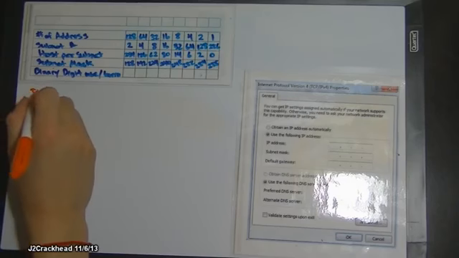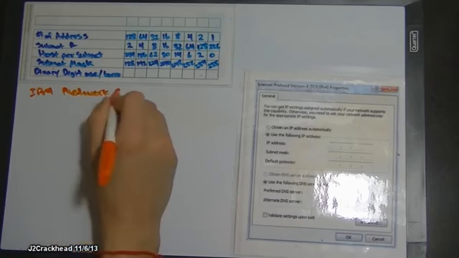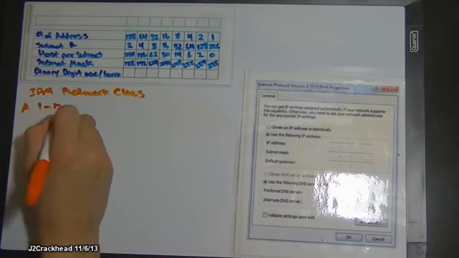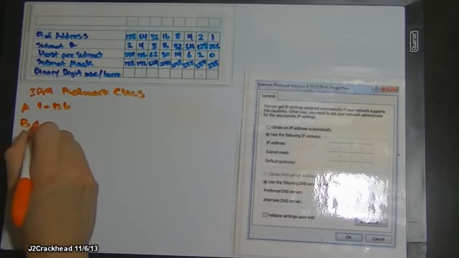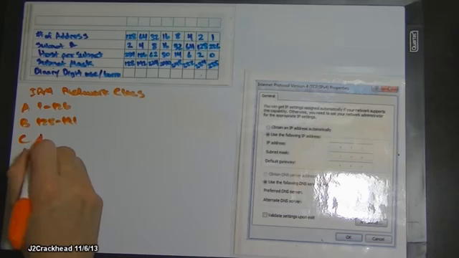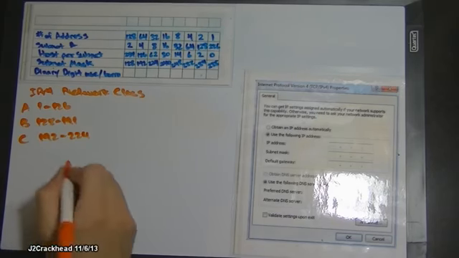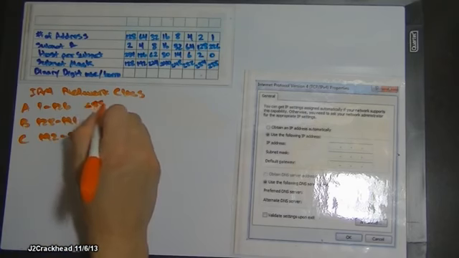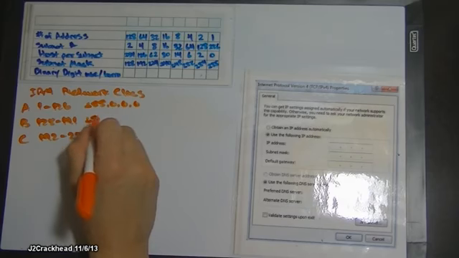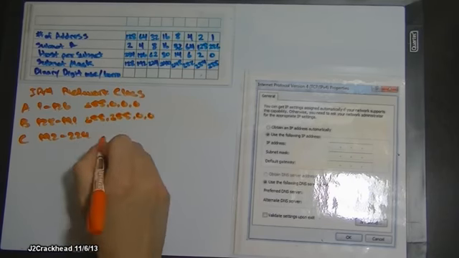Okay, so Internet Protocol version 4 has network classes. Class A ranges from 1 to 126, class B ranges from 128 to 191, and class C ranges from 192 to 224. The subnet mask for these will be 255.0.0.0 for class A, and then 255.255.0.0 for class B, and then